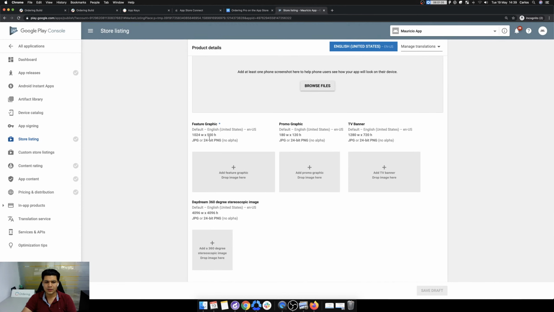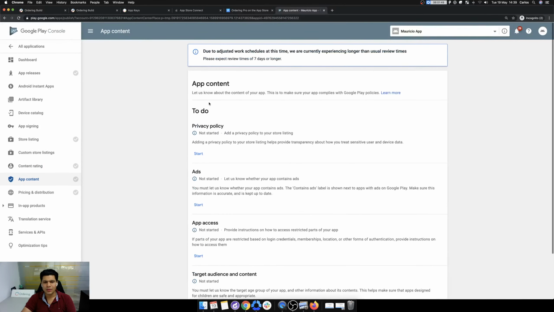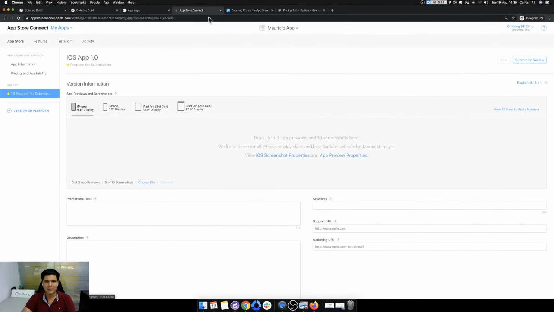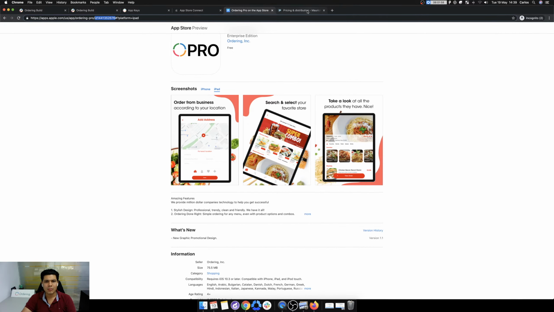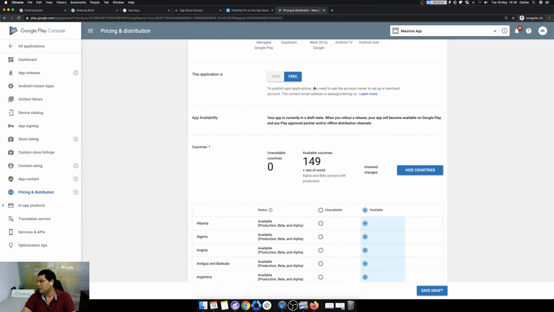Also the app content is going to be a few questionnaires about how your app works. Pricing and distribution is the same as pricing and availability. You set up where and how much your app costs. Most of the time it is free.